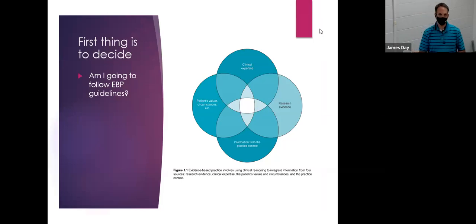So the first thing in evidence-based practice that's important to consider and to keep in mind, obviously, is it is a decision. How evidence-based practice works is you have what you do on a regular basis already, right? Whatever your job is or whatever you're doing in the field, you have decisions you have to make every day. What am I going to do for practice? What am I going to do with this patient? How am I going to structure training sessions? Whatever that is. So the first thing would then be to decide